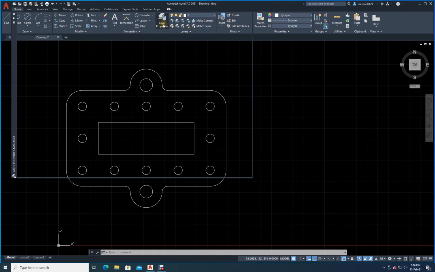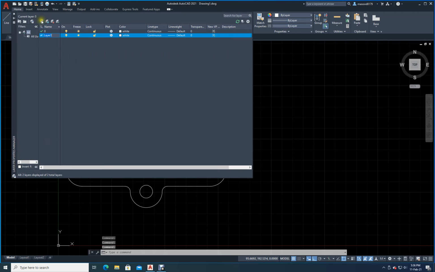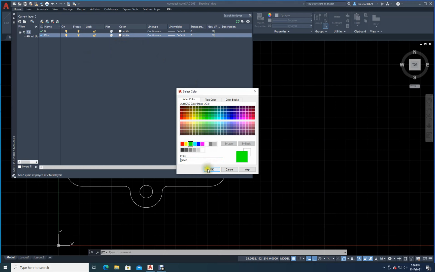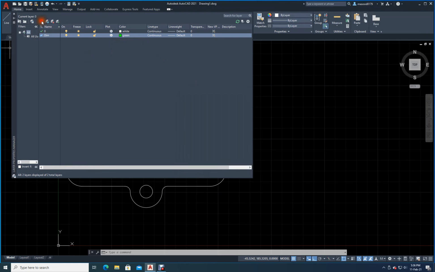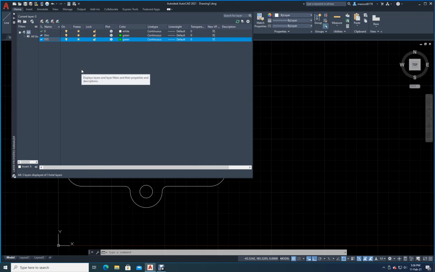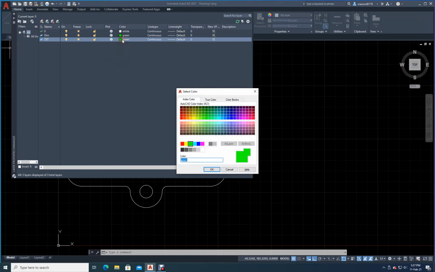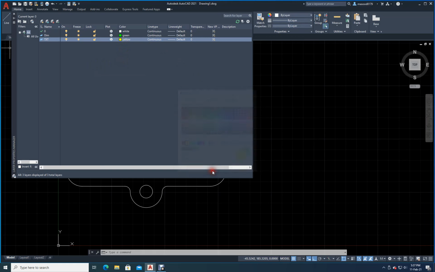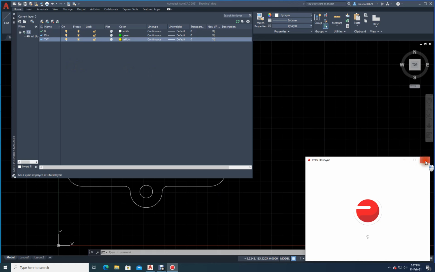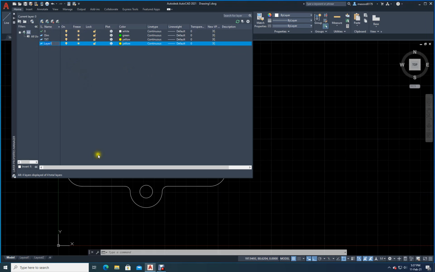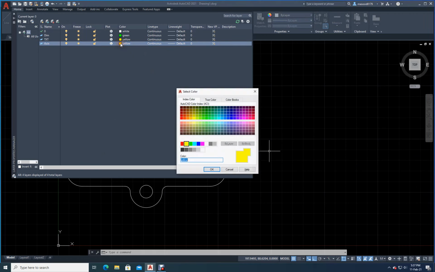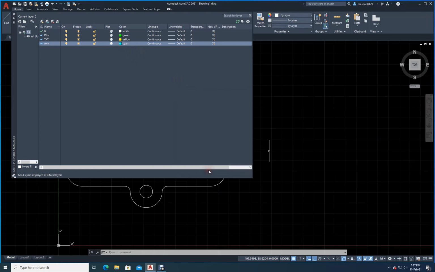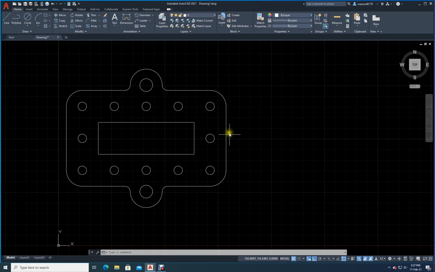I will just go to layers, click on this, add one layer. Okay. This layer I will call DIM for dimensions, right? Color, select the color as, let us say, green. Then I will create one more layer. I will call it TXT. Text layer. I will give the color as yellow. Now I will create one more layer. Okay, what is the other layer? I will call it AXIS, and I will make the color cyan. Okay, now close. Now everything is done.